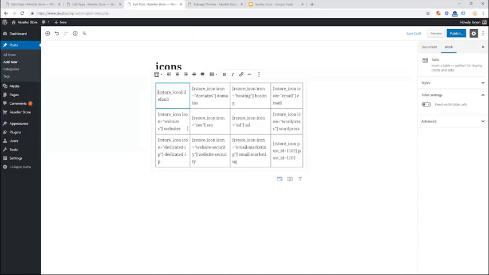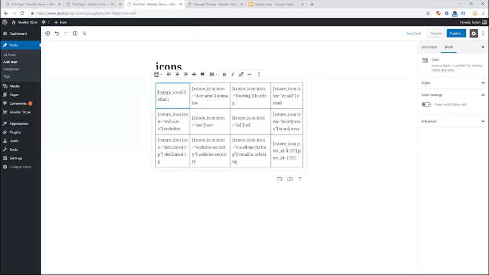So the icons that we're looking at, you can have a default icon when you give it no actual signifier text. You can use domains, hosting, email, websites, SEO for search engine optimization, SSL, WordPress, dedicated IP, website security, email marketing,